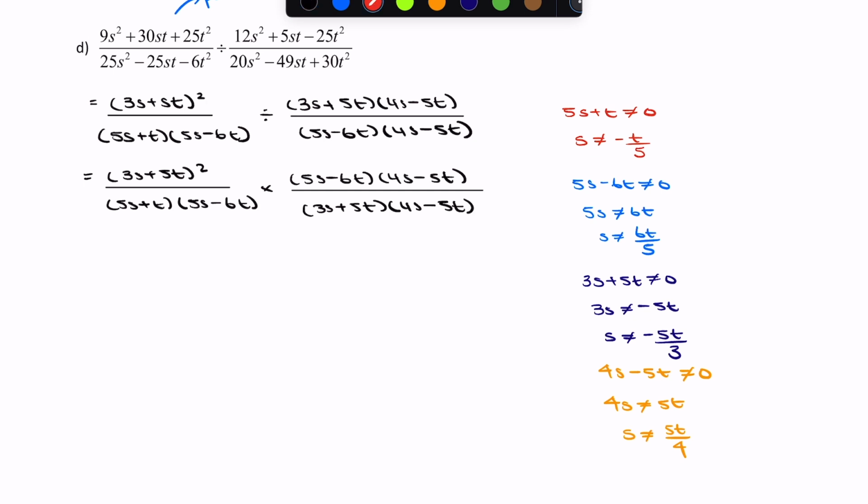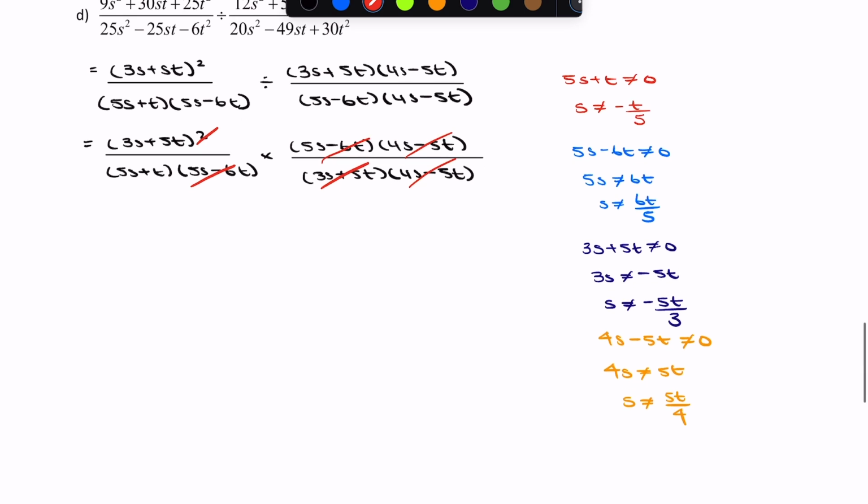So here we can cancel a few things out. So 3s plus 5t, 5s minus 6t, and the 4s minus 5t here. So our final answer will be 3s plus 5t over 5s plus